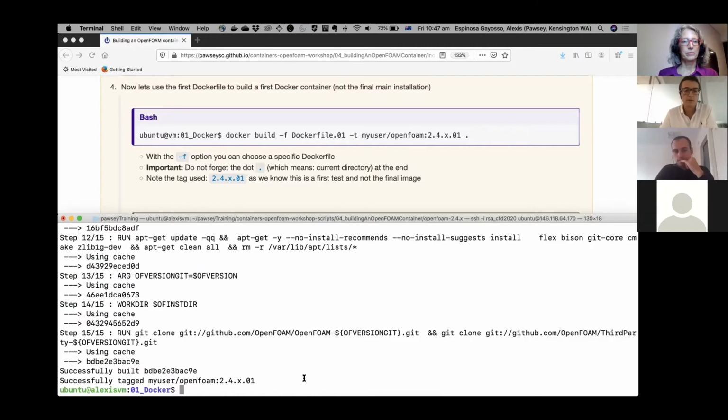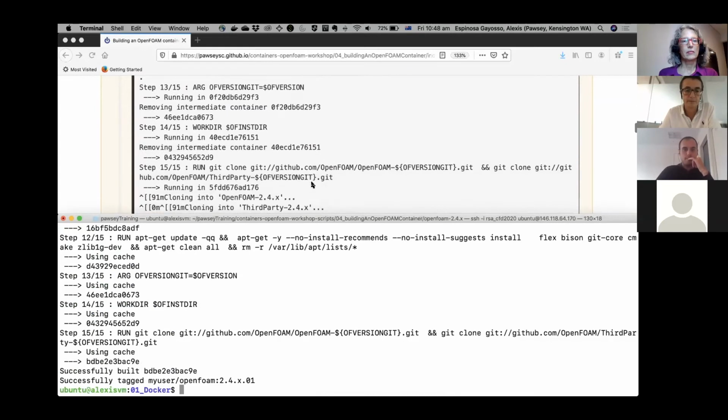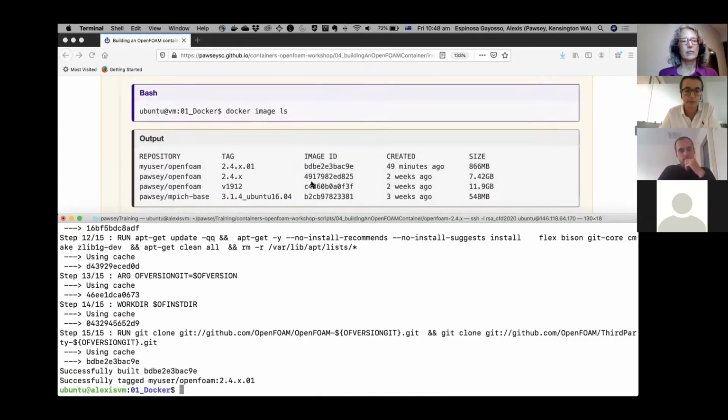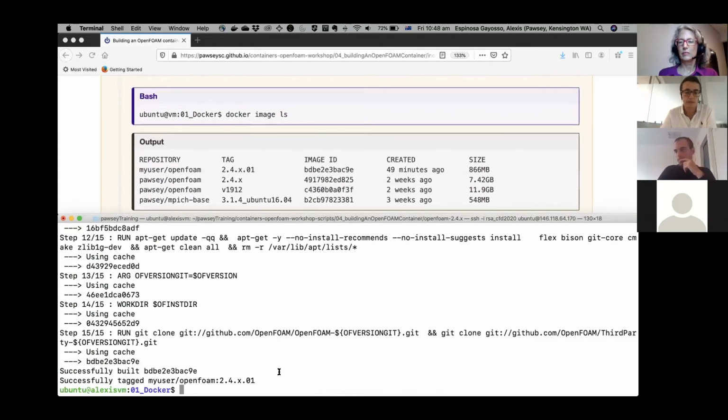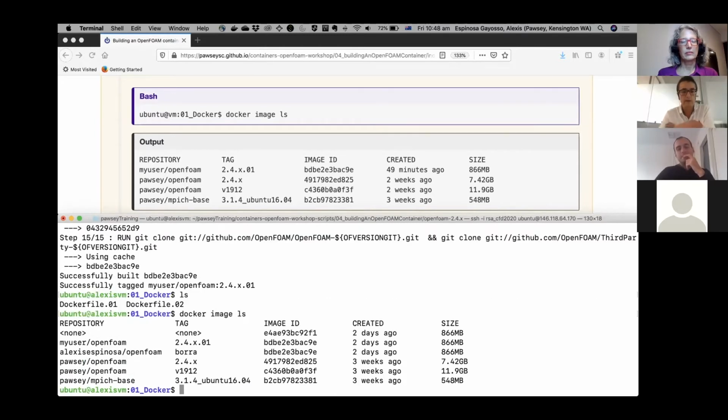So now we have built our first image. This is the process, and to see if that image exists, it is not there as Singularity does. Singularity can build your image in your working directory. But in this case, we need to check the list of images available by the Docker engine. So we do docker image ls, and then